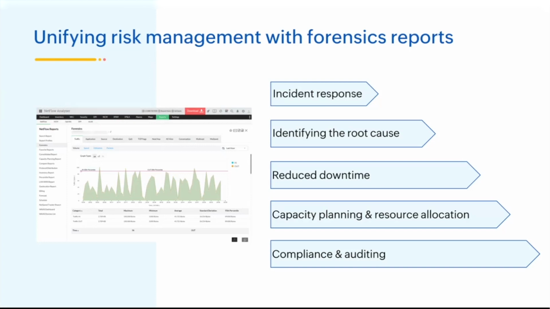Since network forensics relies on raw data reports significantly, you can know every bit of the flow information and identify bottlenecks. So, as you might have known, faster identification and resolution of network issues lead to reduced downtime and improved network availability. And also, network forensics data can reveal insights into everything such as network resource utilization and traffic patterns. So, using this, you can know the utilization trend and conclude which areas of your network need upgrades and save